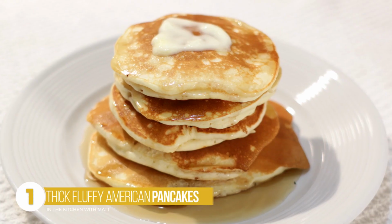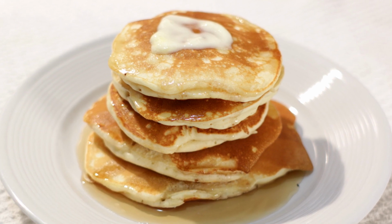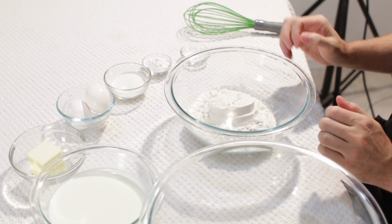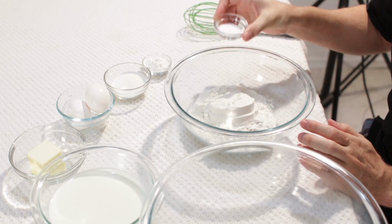Let's get started. First off, we have thick, fluffy American pancakes. These are what we think of here in the United States when we say the word pancake. They're so yummy and really easy to make. First, let's start with our dry ingredients. We have 2 cups of flour, and then we're going to add 1 teaspoon of salt,